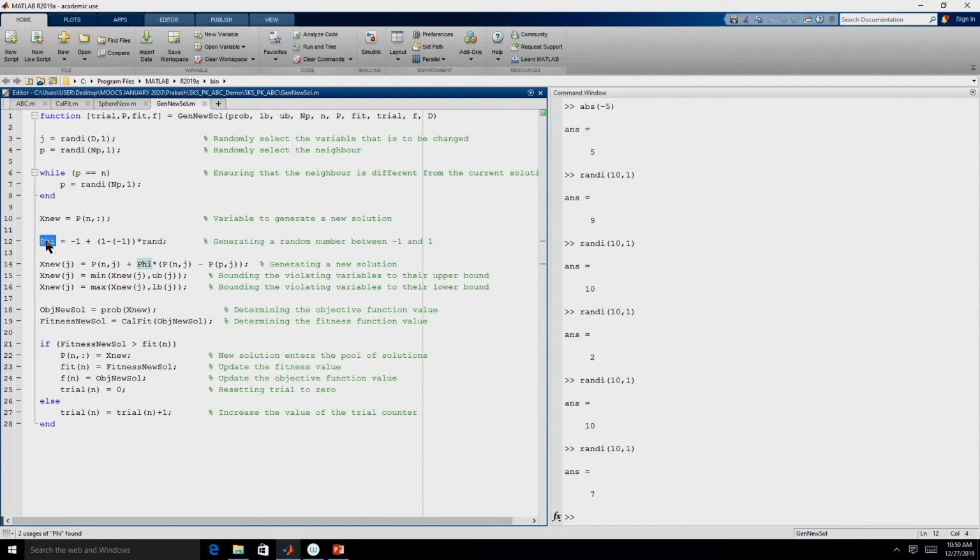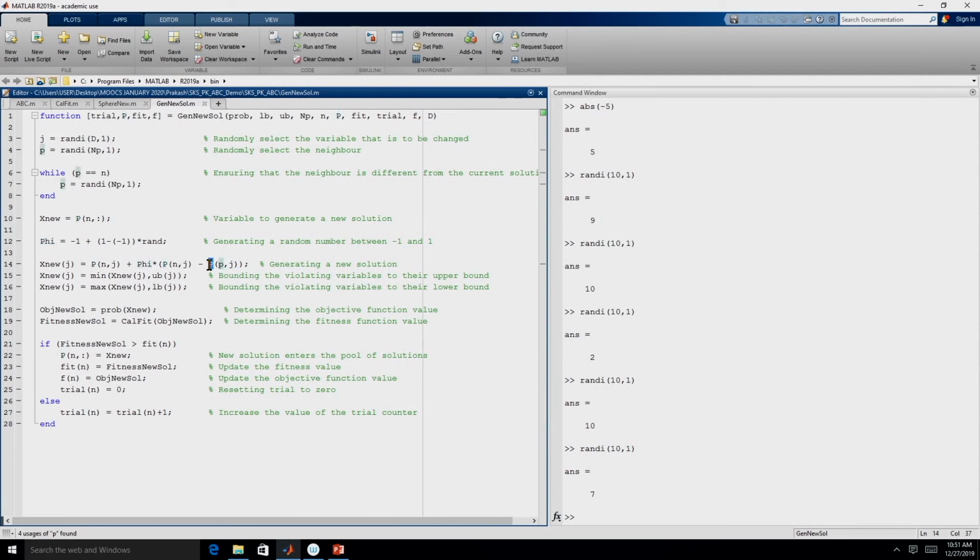With the help of this phi, we generate the new solution. The jth variable, why the jth variable? Because that is the variable which we have selected to randomly vary. That is why we are modifying only the jth variable, not the entire solution. So, X new of j is P of n comma j, because we are modifying the jth variable of the nth member, the one that is undergoing the employed bee phase, plus phi into the difference between P of n comma j minus P of p comma j.